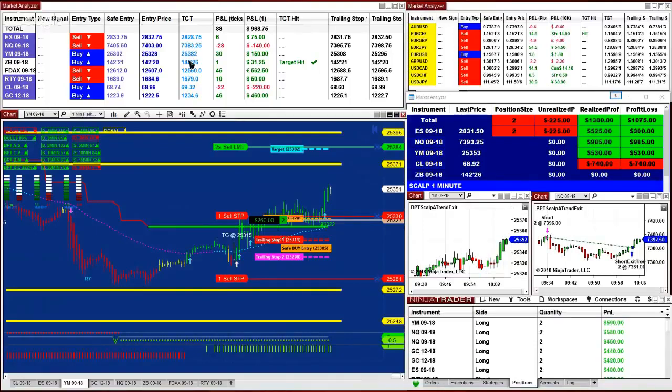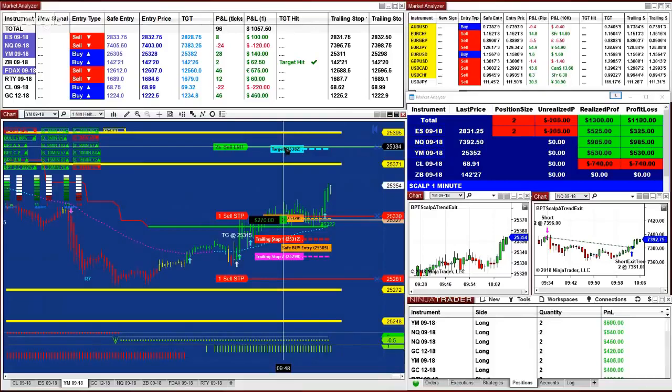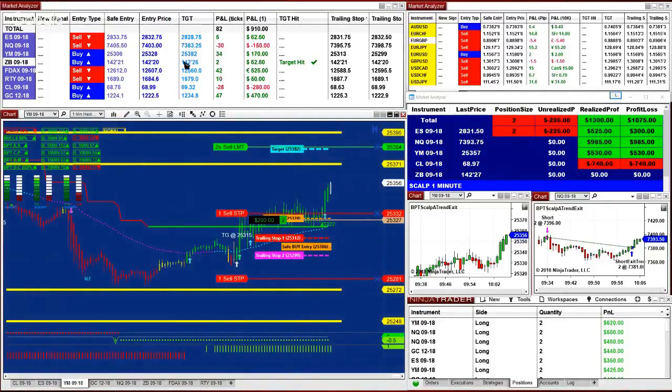Then what we have here is your target. As an example, right now we have a target on the YM based on 1 minute. What we do every day is 1 minute. We do not use Renko bars, line break, or ticks. We only use 1 minute, and the market analyzer is based on one contract only. That system comes with 3 automated trades, comes with an ATM strategy, and is fully automated.